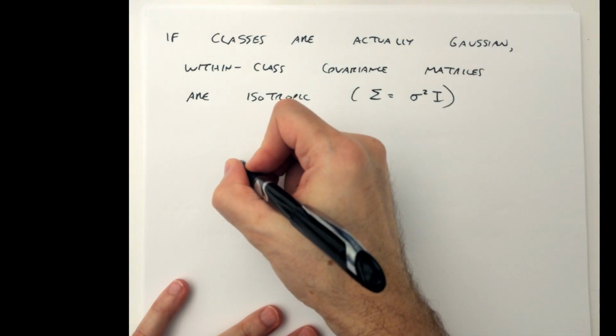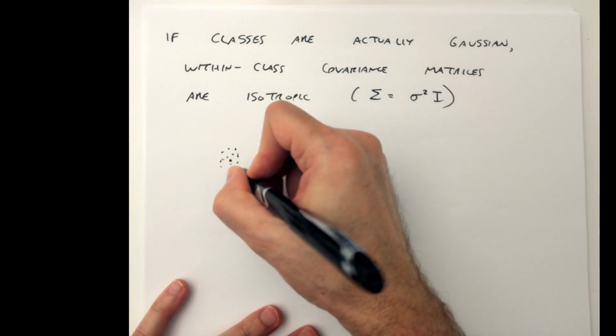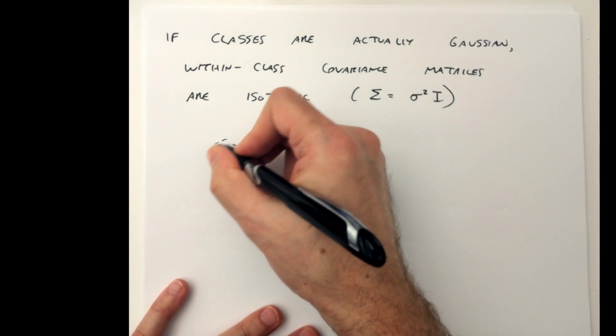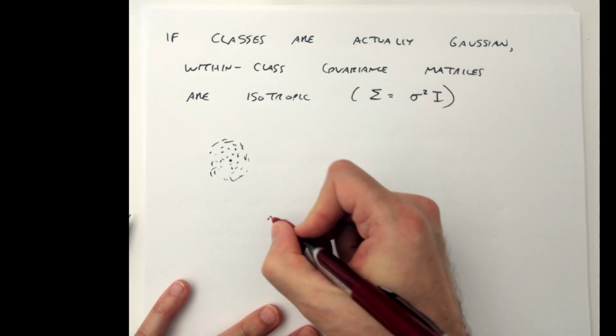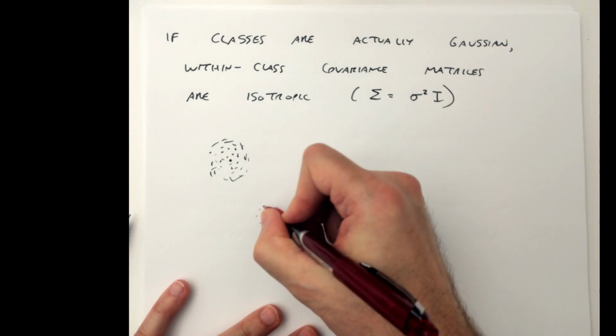That's the world where the points are roughly scattered in a circular way. So if this was my class 1, and this was my class 2,